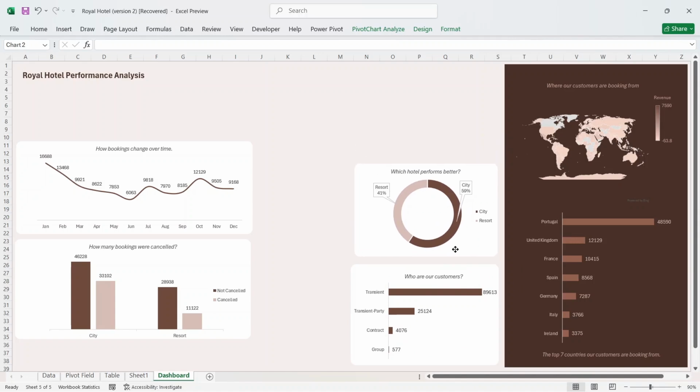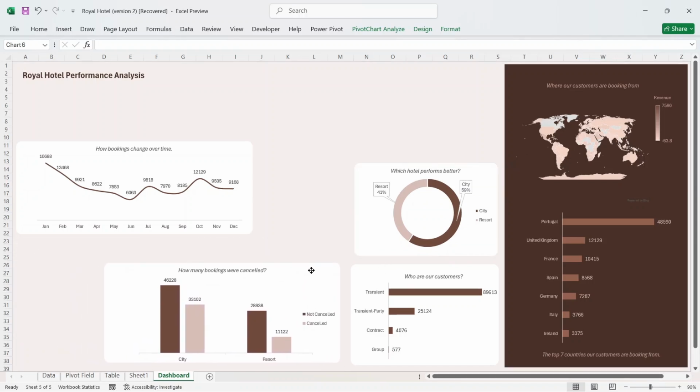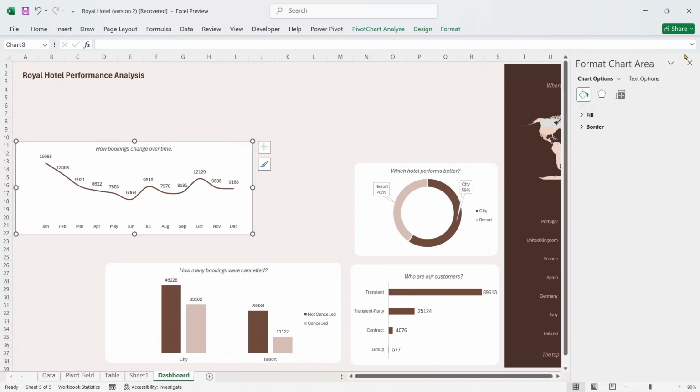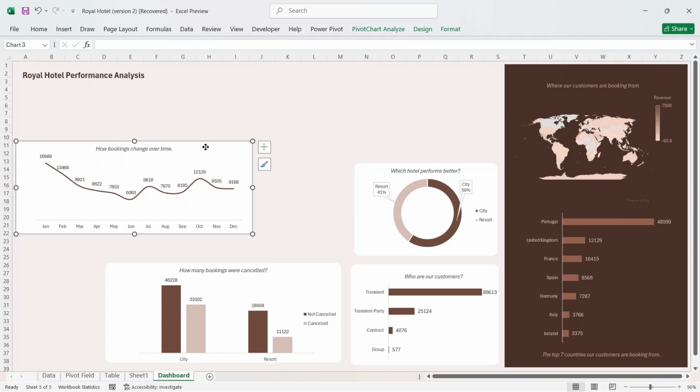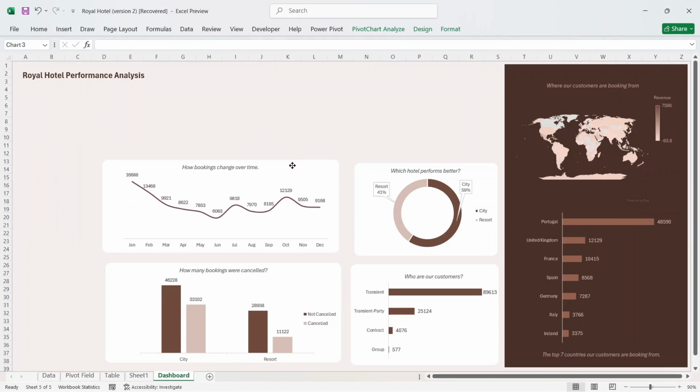Bring this here too. Then bring this down too. We want to have a little panel by the side for our slicer, and let's close this. So yeah,